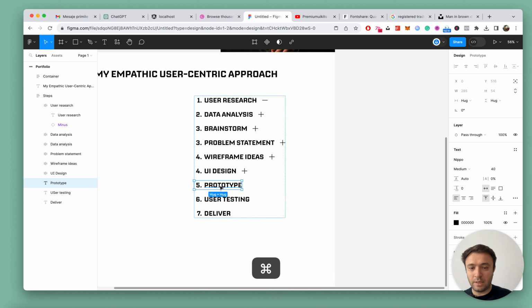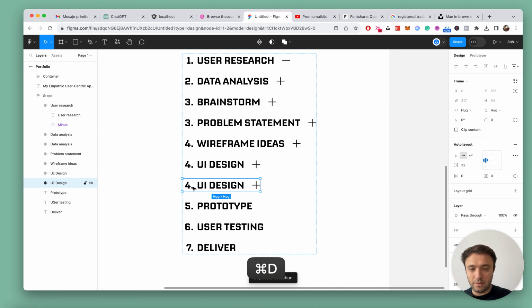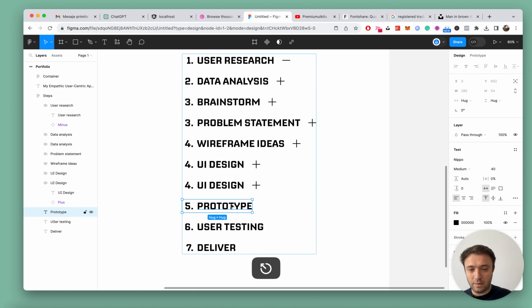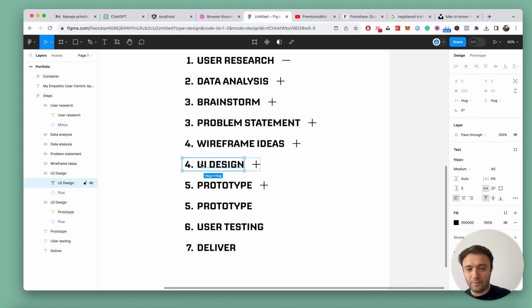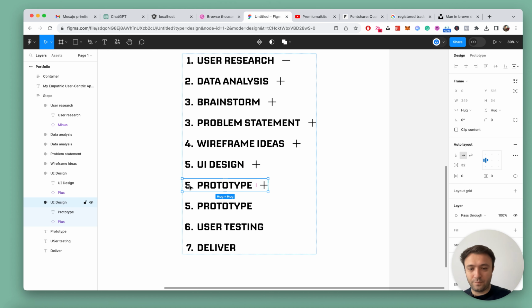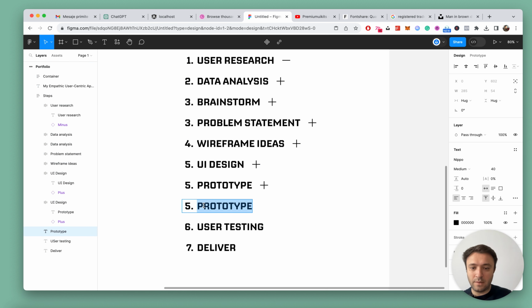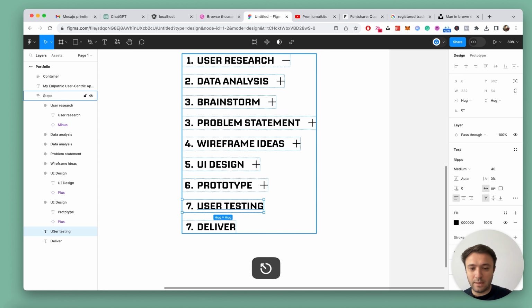Okay, prototype, let's duplicate, let's make something like that, and let's make this 5, this one 6, delete prototype, user testing, I like it,